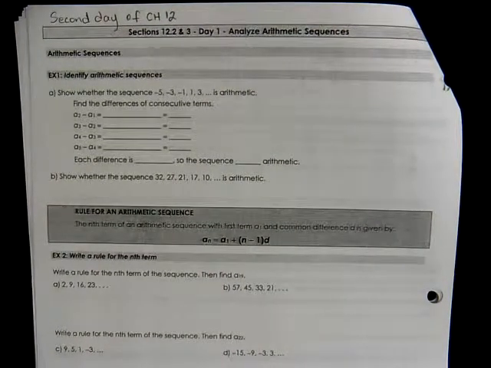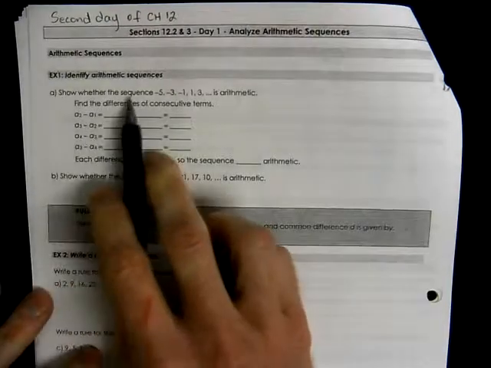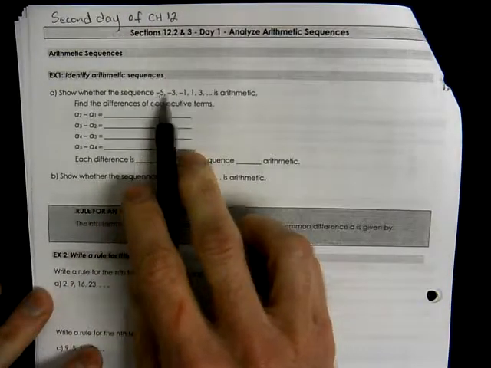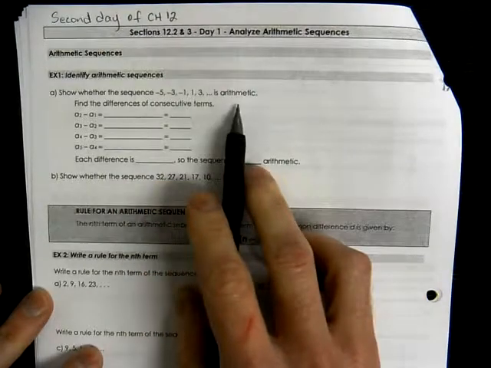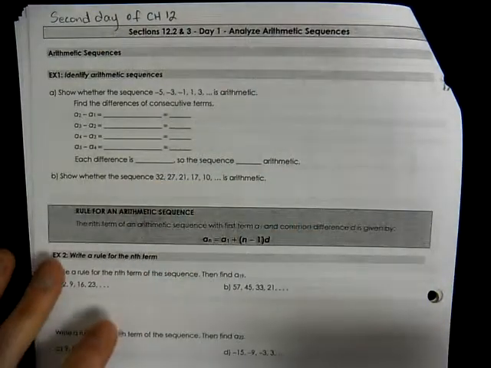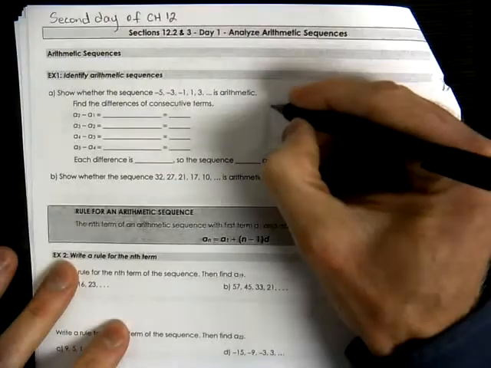For the second day of Chapter 12, we'll be in Notes, page 4 and 5. This is working with analyzing arithmetic sequences. When we look here, we're going to show whether the sequence, which is this list of numbers, is arithmetic. As we talked about yesterday, to test for this,